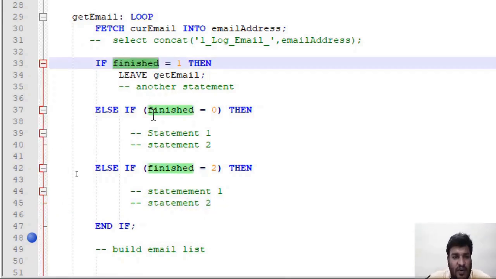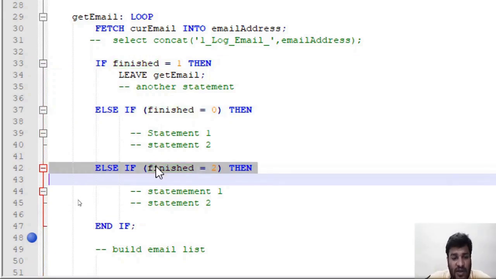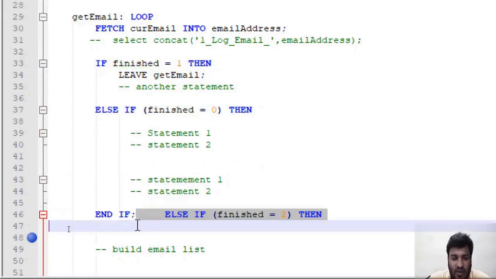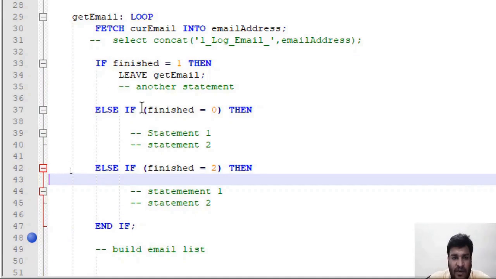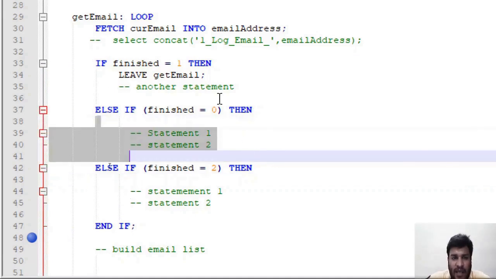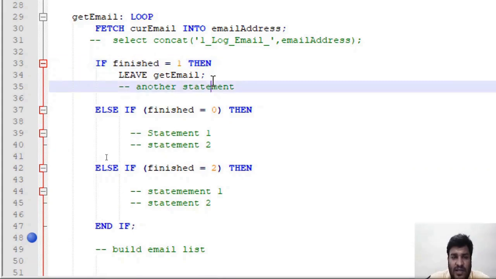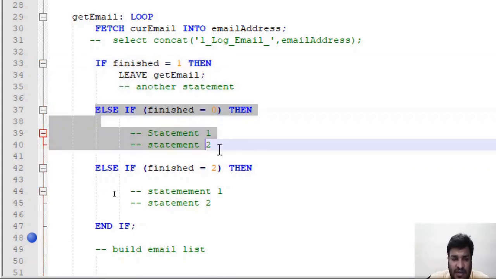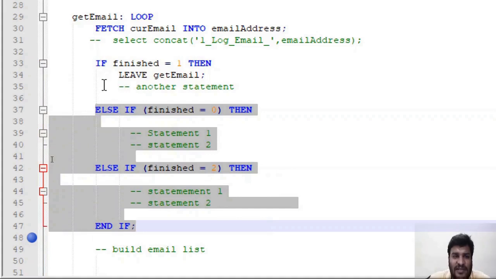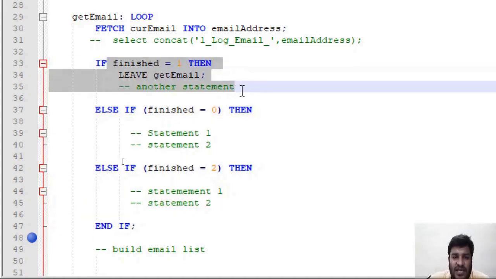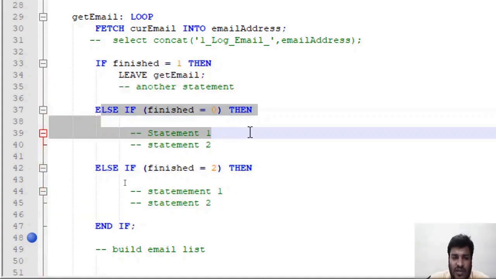If not this, then go in this. If not this, then go in this. If not this, then go outside. So it will not go in this section until the condition is satisfied. If this condition is satisfied, only this will be executed, and the rest will not be executed, because this is an if else ladder. If this is successful, execute this, or else go to this.